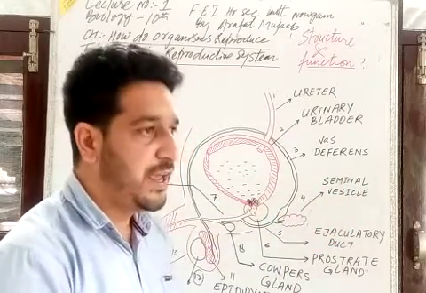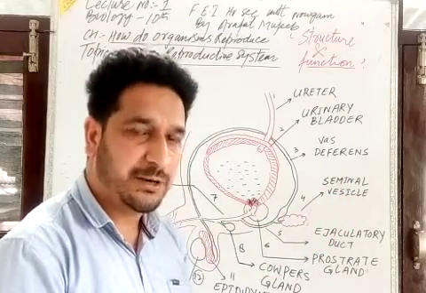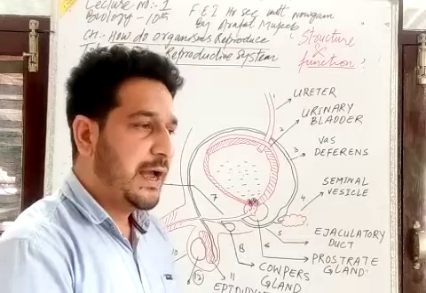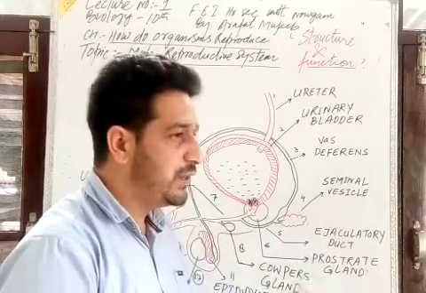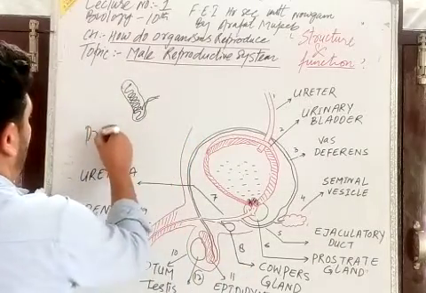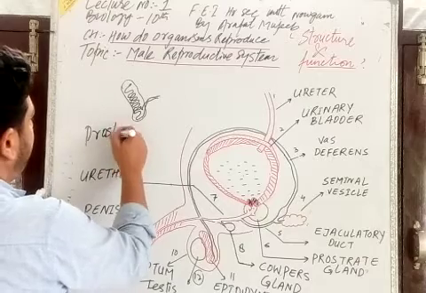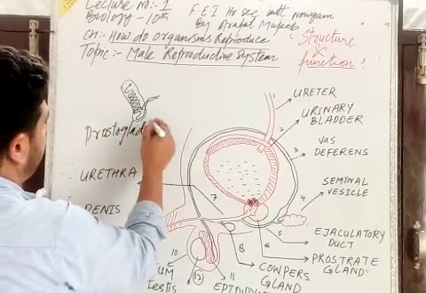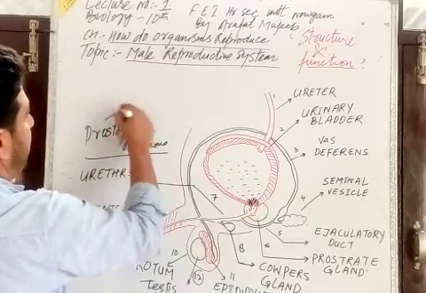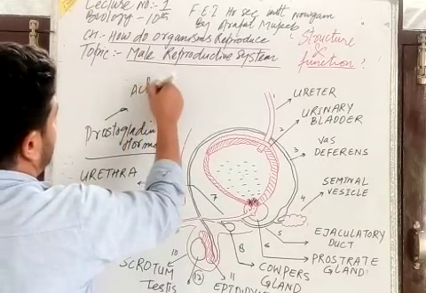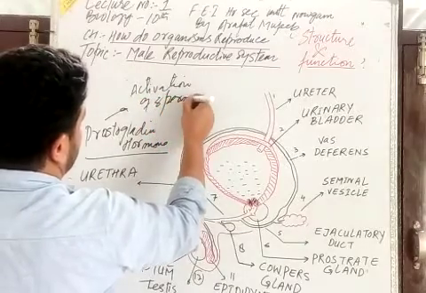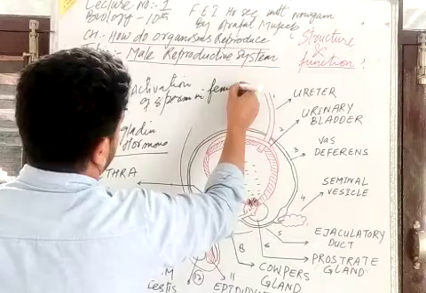Then seminal fluid से एक secretion निकलता है, alkaline in nature, that means basic in nature, viscous type fluid, and also a hormone is secreted by this, that is the prostaglandin hormone निकलता है, हार्मोन ये कहा जाता है. This type of hormone helps us in activation of sperm in female reproductive part,